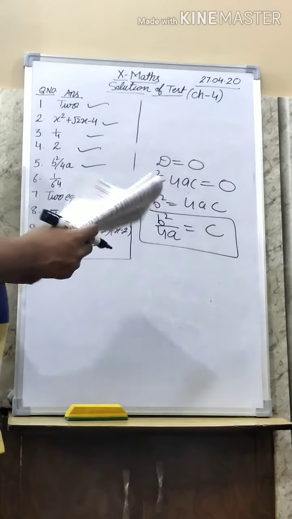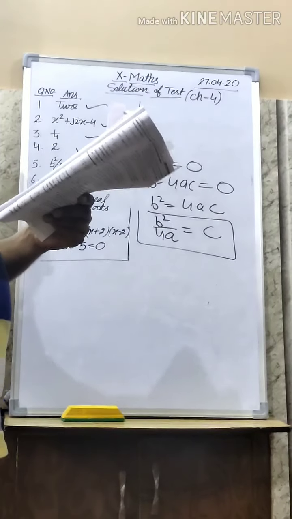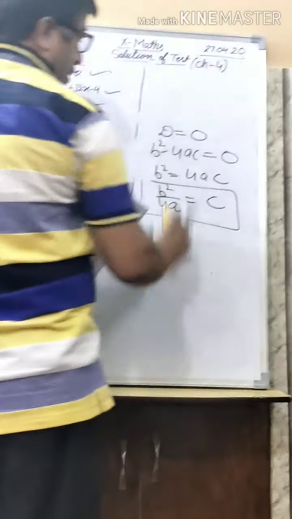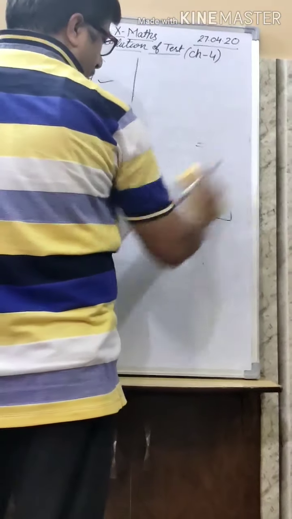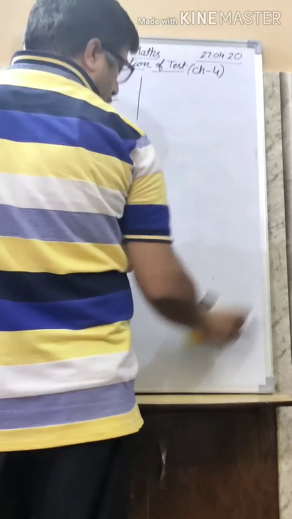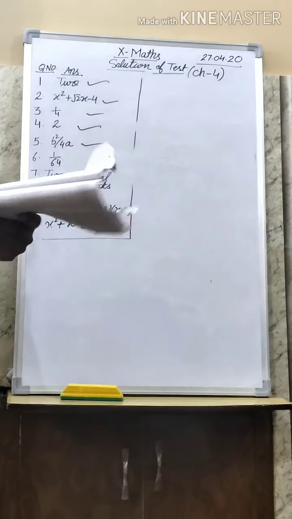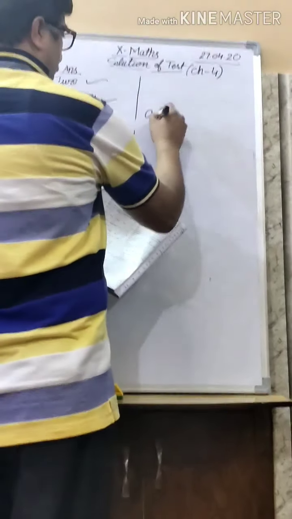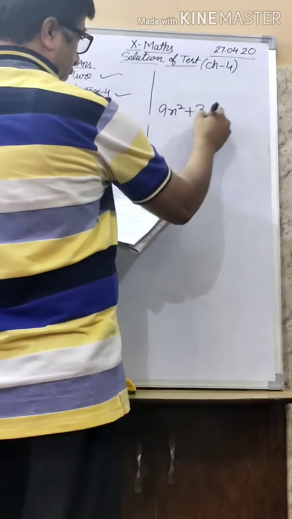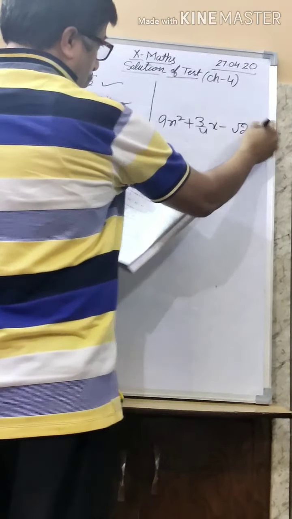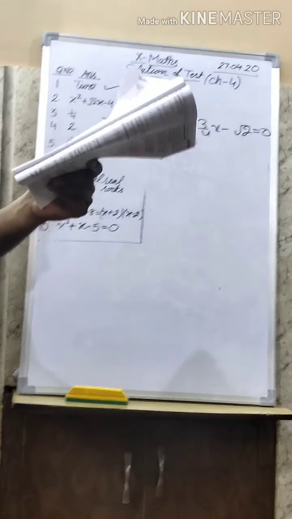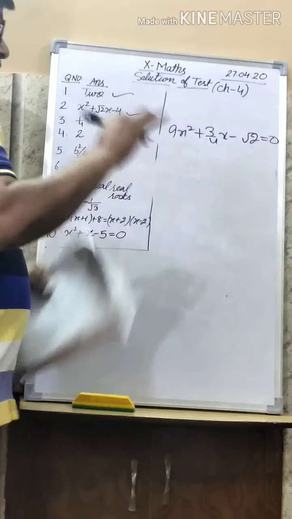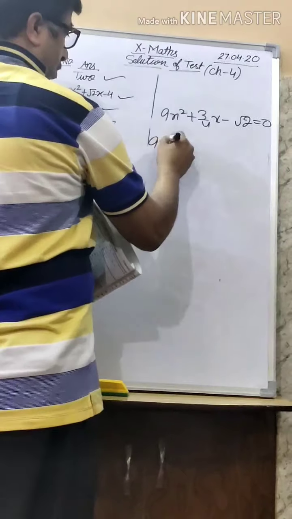So now the sixth question. Which constant must be added or subtracted to solve the quadratic equation? So my dear students, this question I have given only to check whether you have done the full syllabus, the full chapter, on your own or not. Clear this? So now, 9x square plus 3 by 4 x minus root 2. What is it asking? Which constant term must be added and subtracted to solve the quadratic equation? If you don't know the method, you can even check one by one. What must be added? You check, simple.